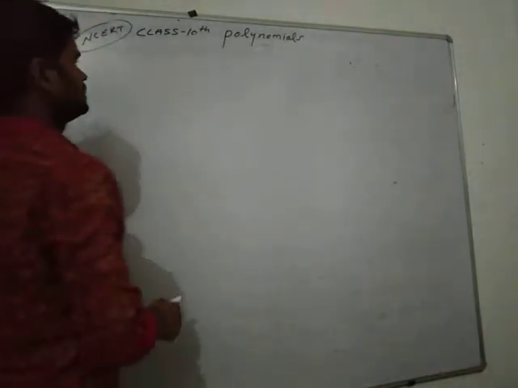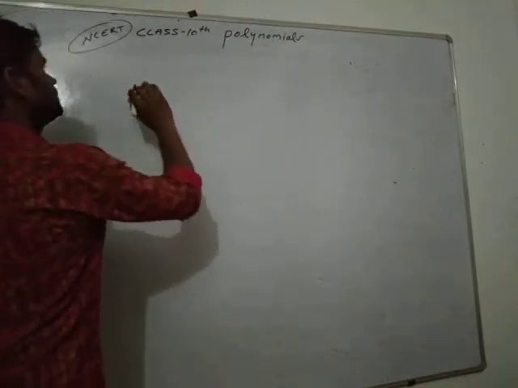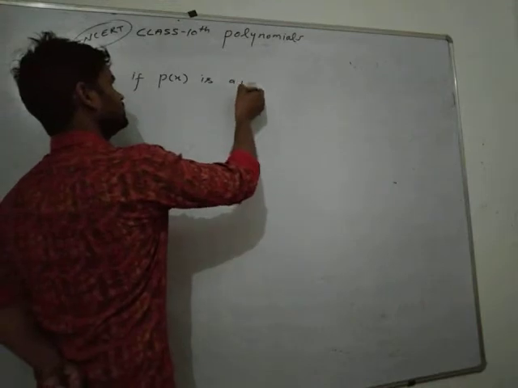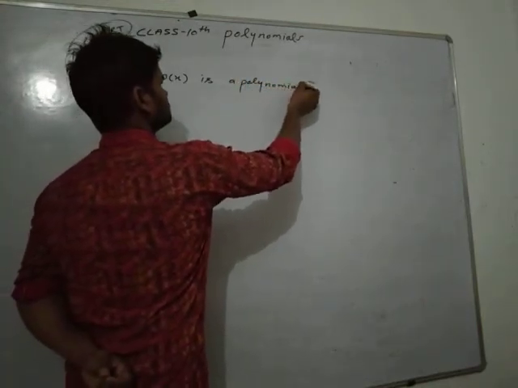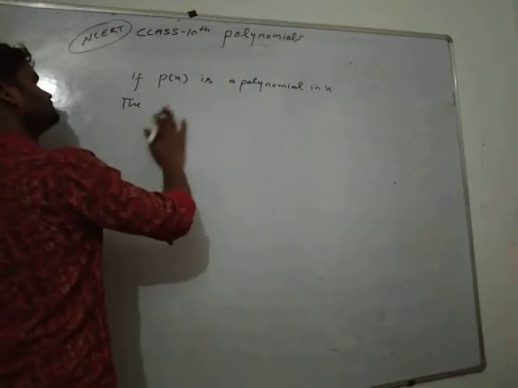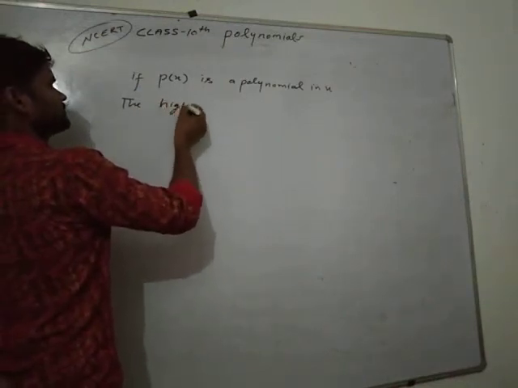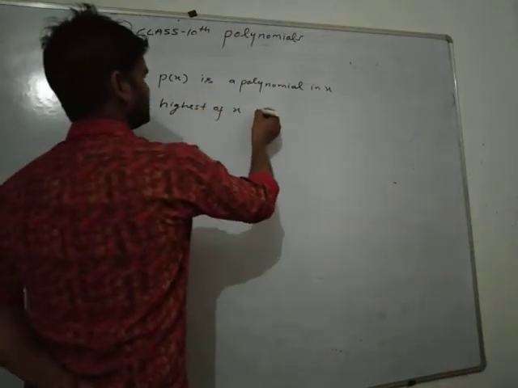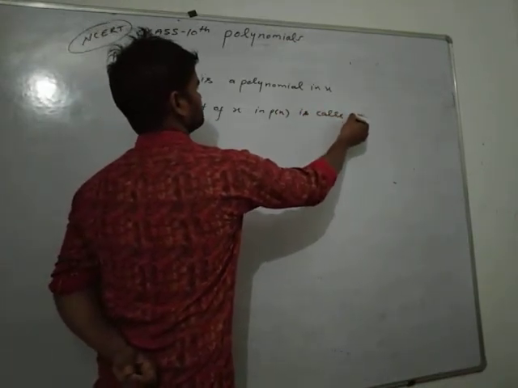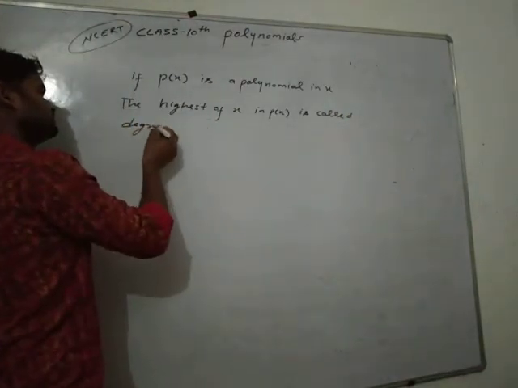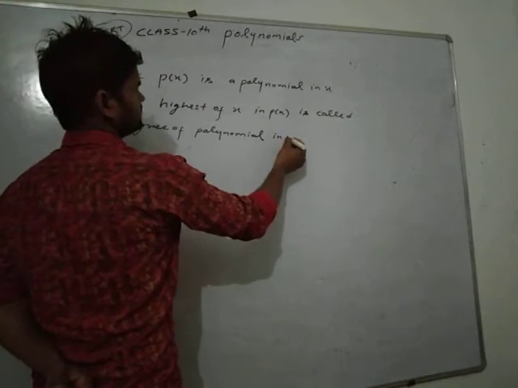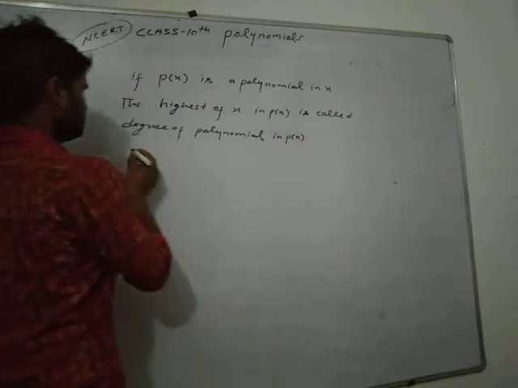So we can see, if p(x) is a polynomial in x, the highest power of x in p(x) is called the degree of the polynomial in p(x). For example,